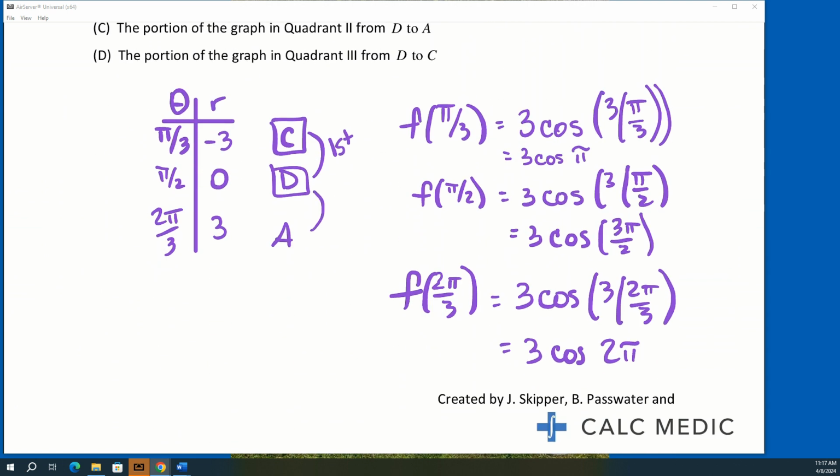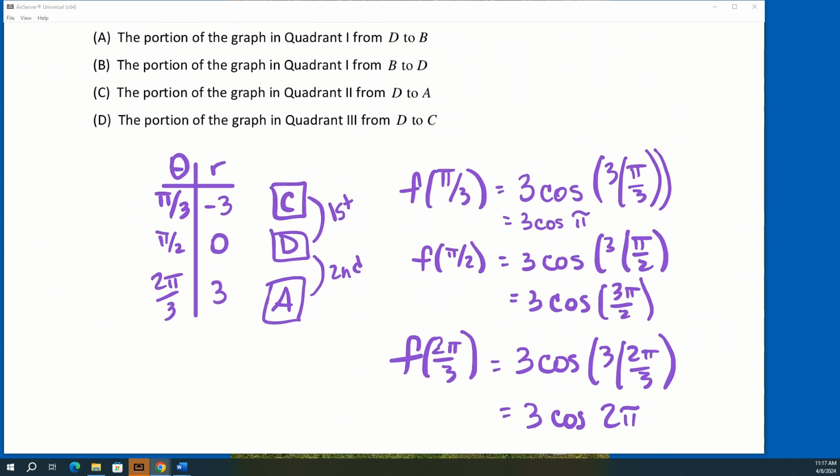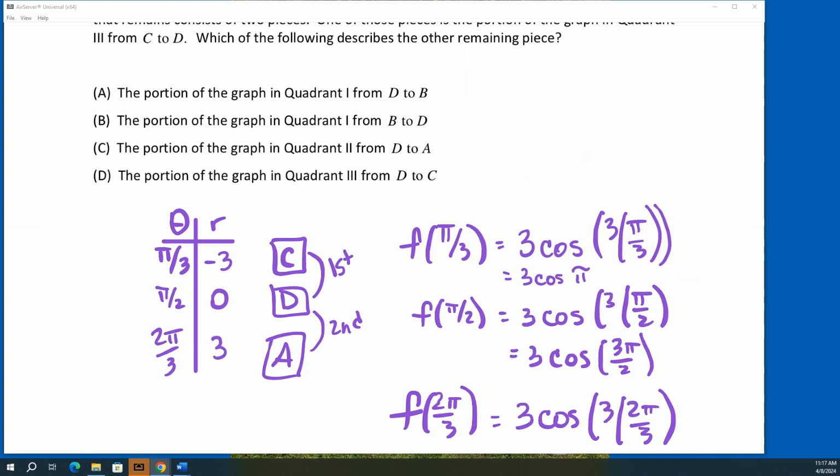Okay. So the second piece went from D to A. So what do you guys think the answer is? C. Okay. So because